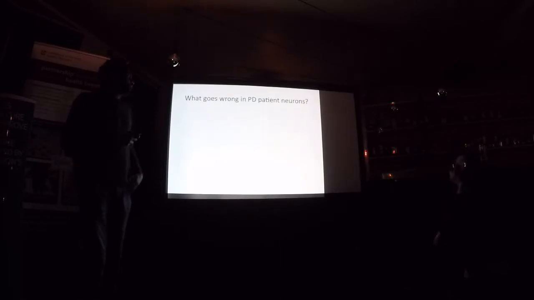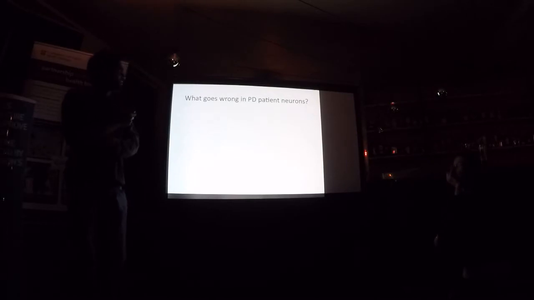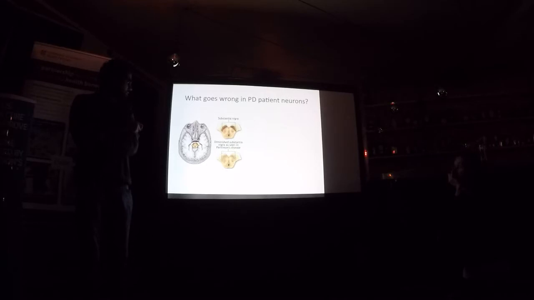So, what goes wrong in patients' neurons with PD? Roger's mentioned something like this before. If we take a slice through the brain, at eye level, there's a structure that sits deep within the brain, the midbrain, responsible for movement. We take it off to one side here, and you look at a controlled subject,